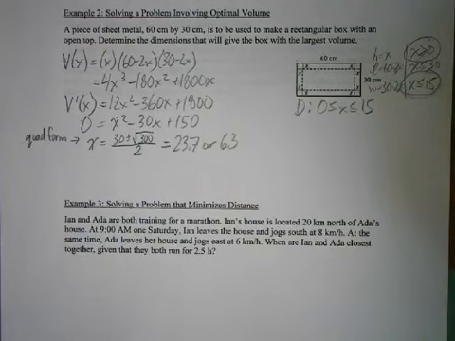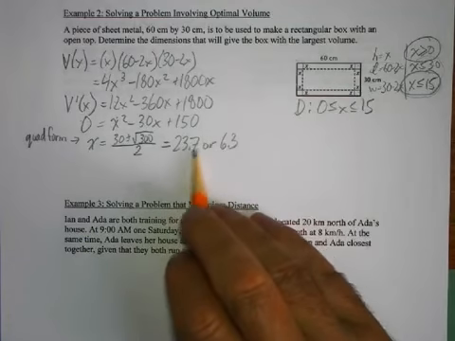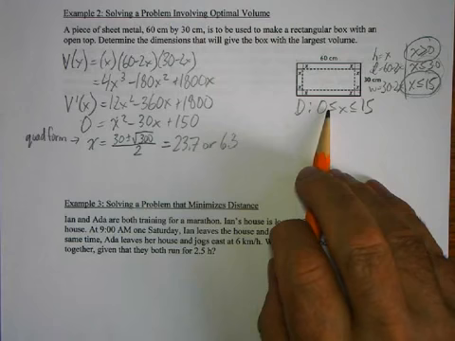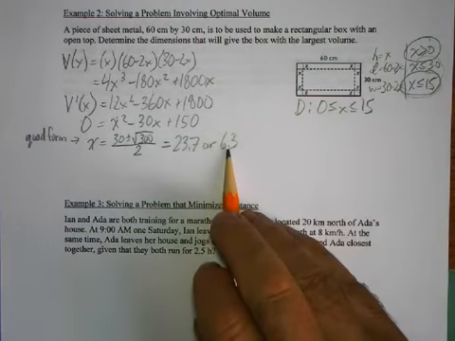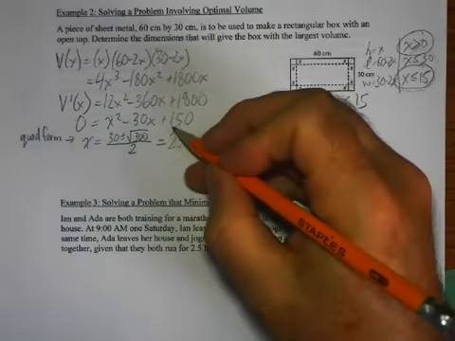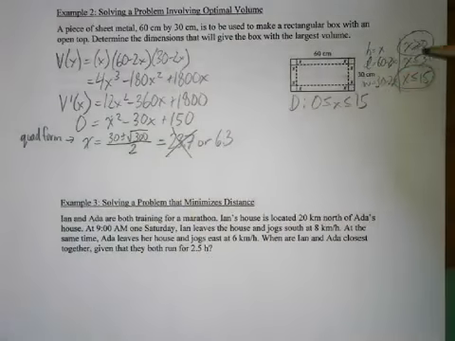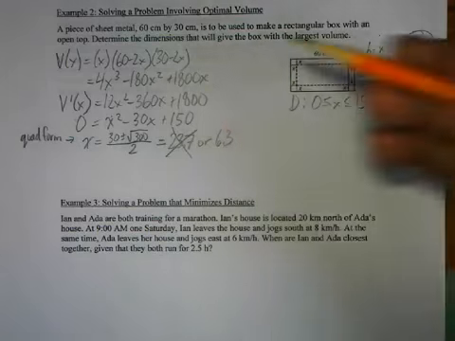Okay, so I didn't really talk about these values before because I wanted to wait till we looked at the domain and what restrictions we had. This says x has to be between 0 and 15. That one's fine. This one's not, so that one we rule out right away. Even though it's a critical point, it doesn't honor the domain restrictions, so it's basically eliminated right away.